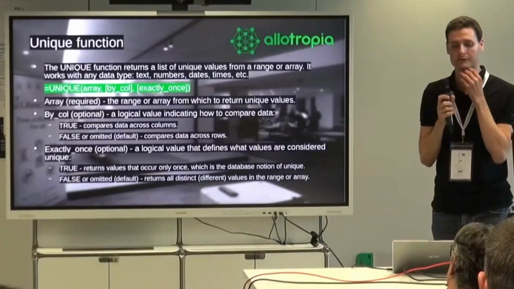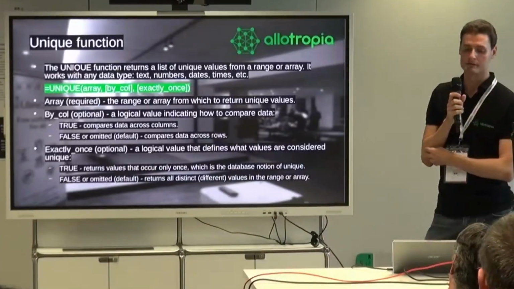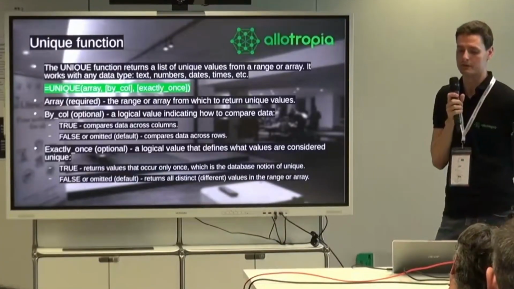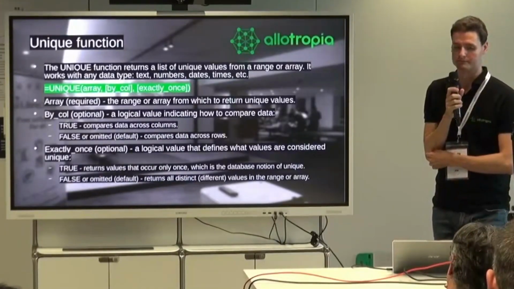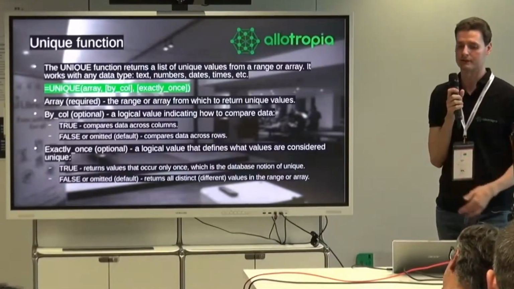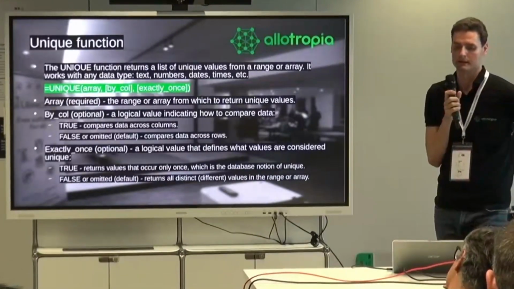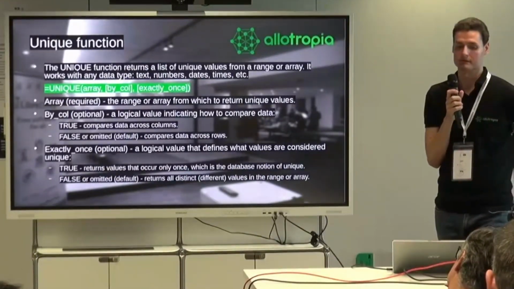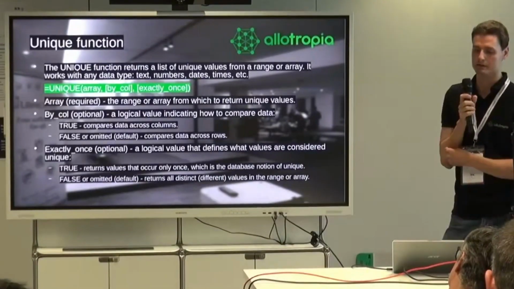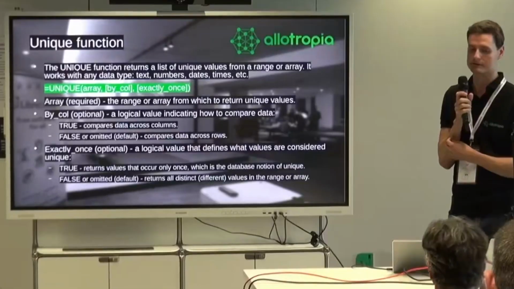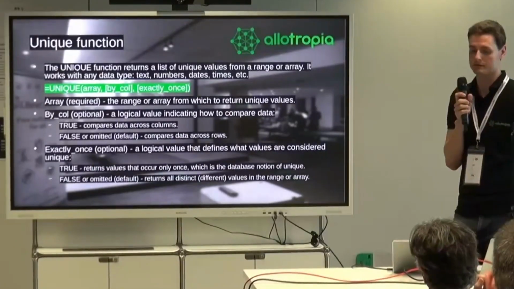The next one is the UNIQUE function, which extracts a list of unique values from a range or array. The result is an array of unique values. The UNIQUE function takes 3 arguments: the array, by_col, and exactly_once parameter. The first argument, array, is the array or range from which to extract unique values. This is the only required